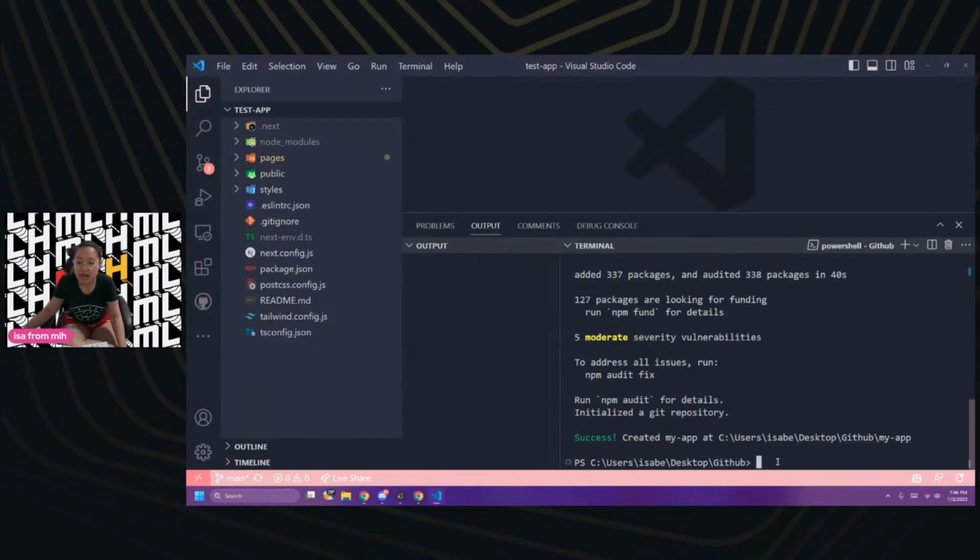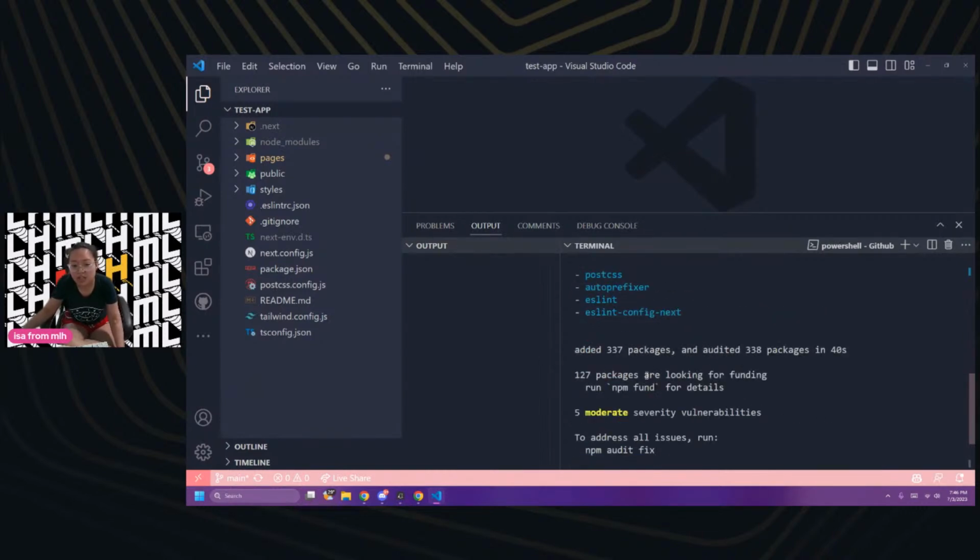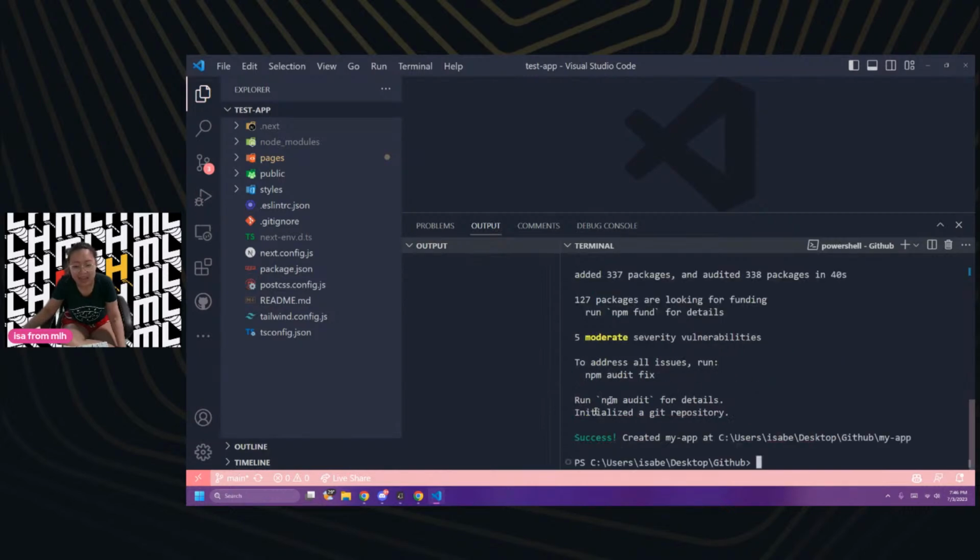Okay, so now I've had all of my dependencies installed. Something that beginners sometimes worry about is these vulnerabilities. The red color might frazzle you a little bit, like you have to fix it because it's in bold and in red. That's totally fine. Those vulnerabilities are not your fault.